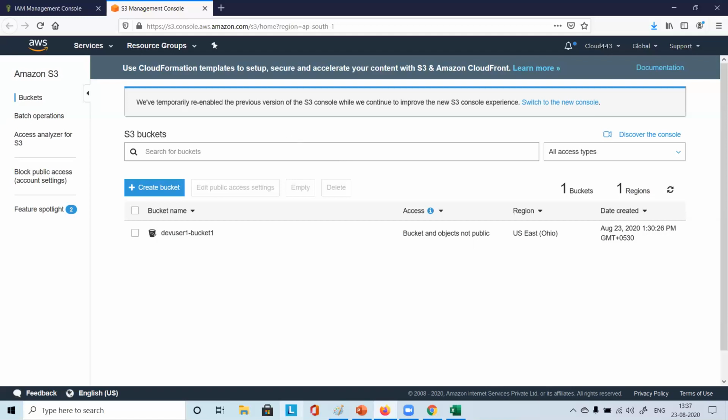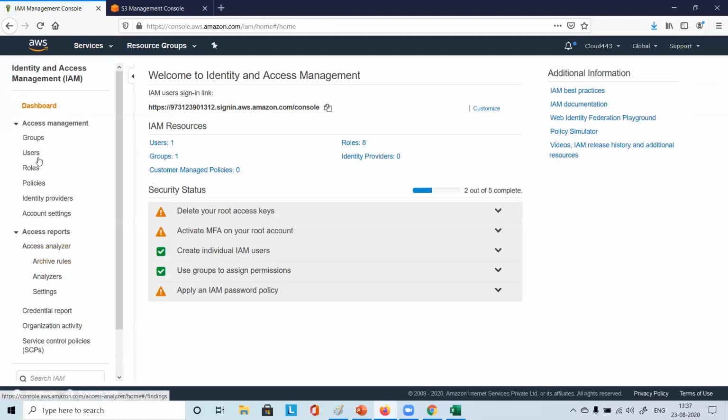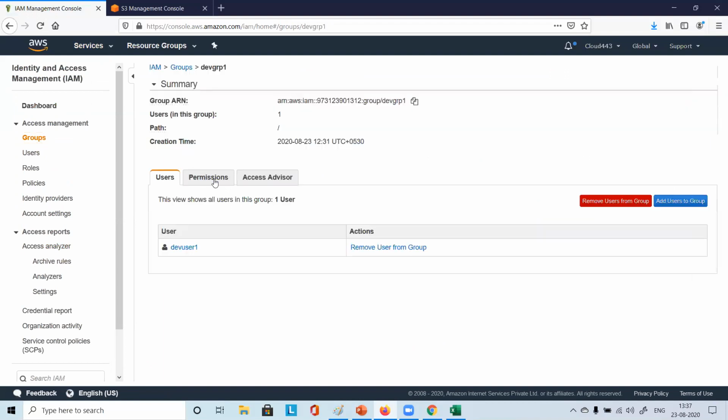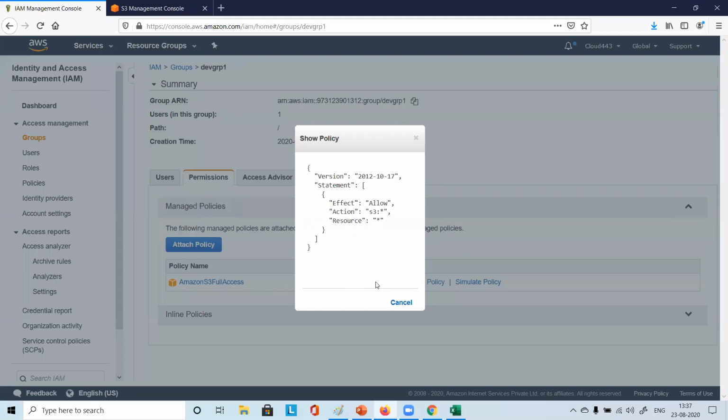Remember the policy. Let's go to the root user and to the IAM console. In IAM, go to groups, click on this, go to permissions and see what you have given.